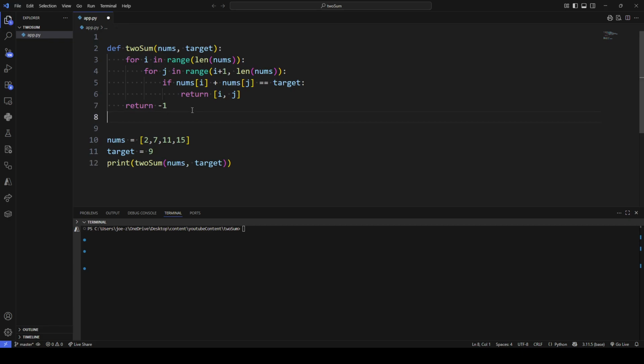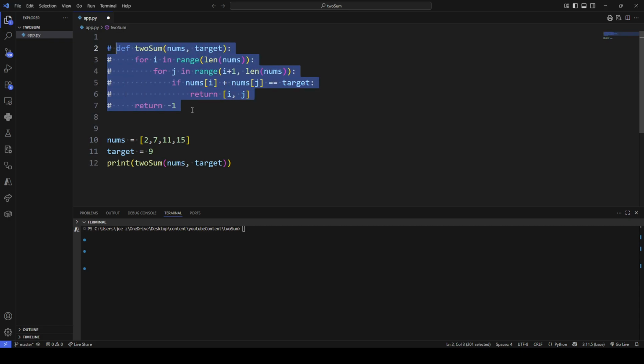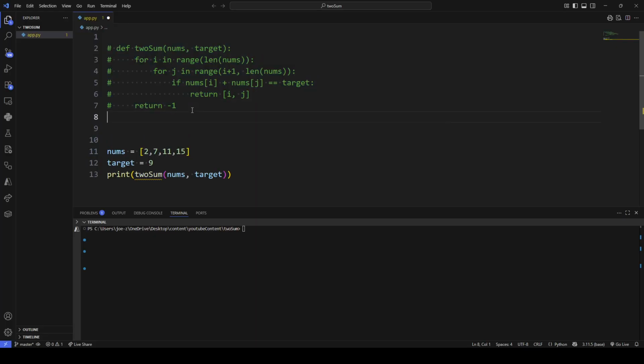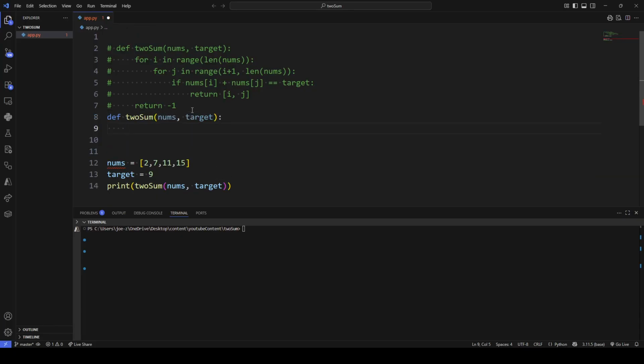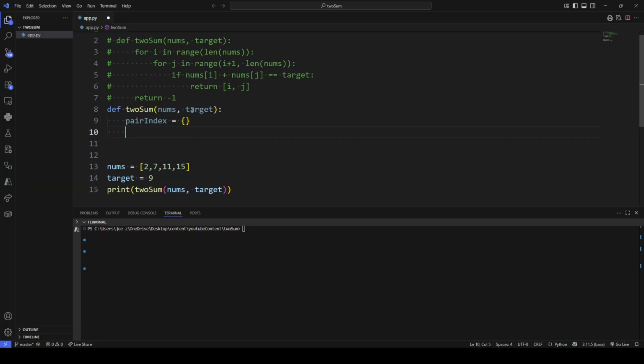So a better solution actually would be using a dictionary, right? We all know that, but if you don't know what a dictionary is or how it works or why it's better, this is why. A dictionary stores key value pairs, right? Right here, we're just setting an empty dictionary. So it stores key value pairs, and the key is actually hashed. So there's pretty much like a space in memory that holds the address to that key. So when we search for it,